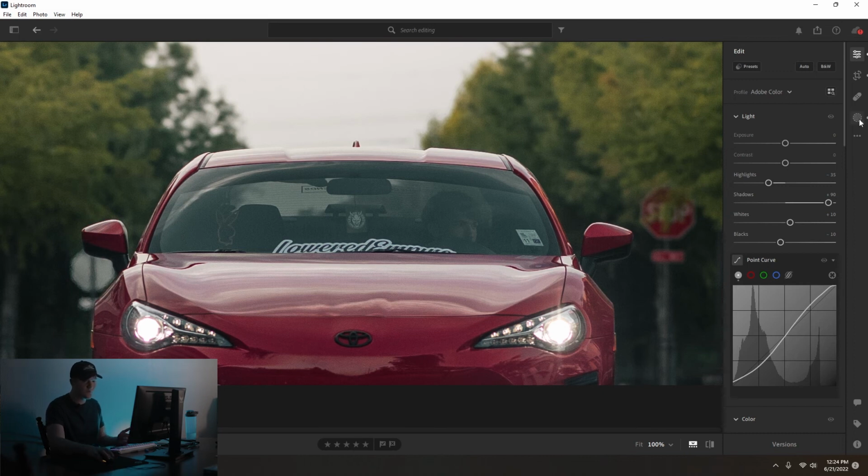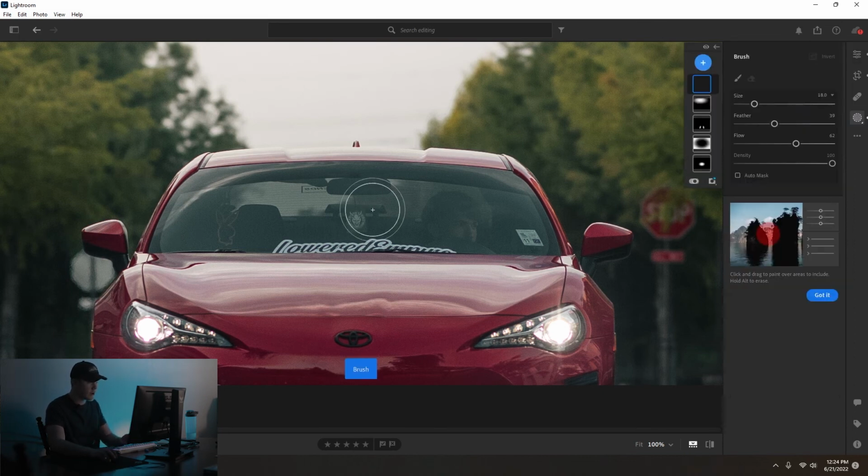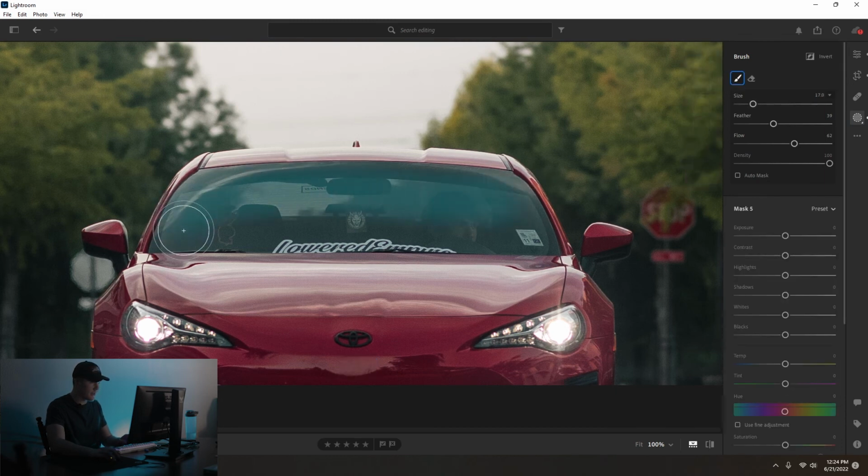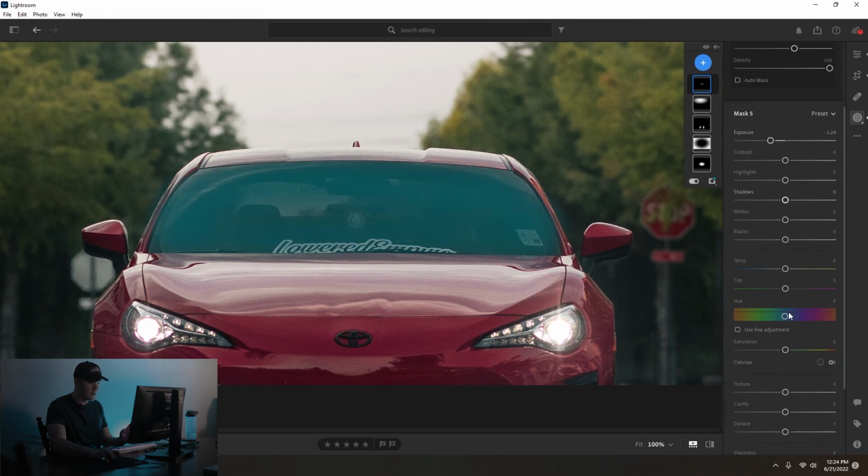It's no good. So I will usually take the brush tool, hit B for the brush tool, and just brush a mask over this windshield like so. And I'll usually go back and correct it, fine tune a little bit, but bring that exposure down some. Not too much, because if you go overboard with this, it can be way too much. And hit that dehaze just a little bit, bring that exposure down,